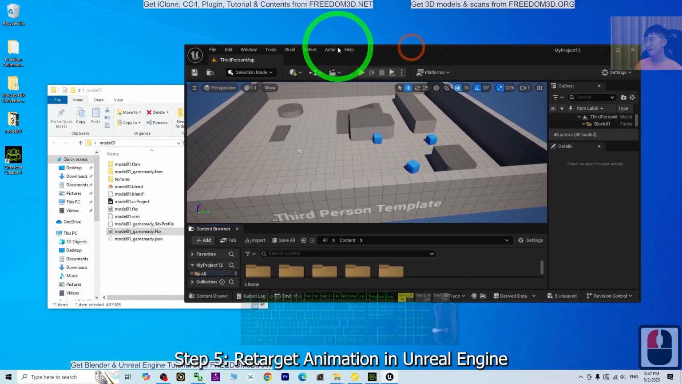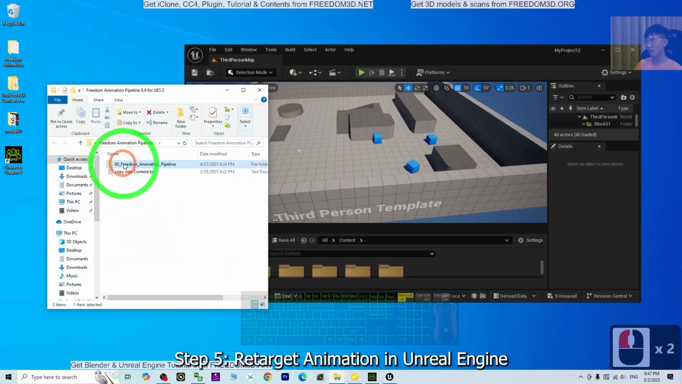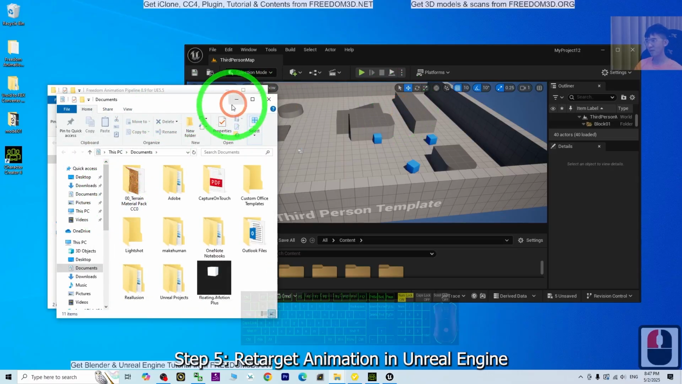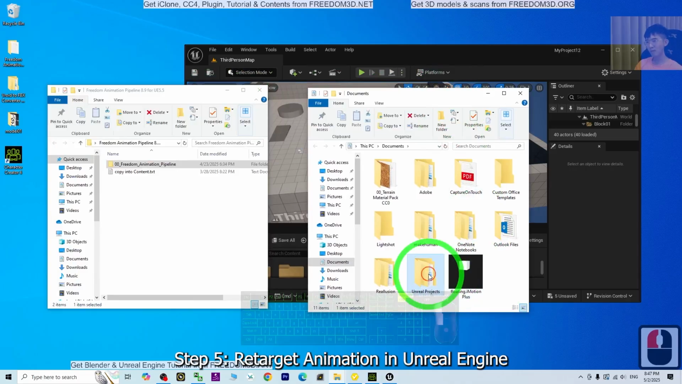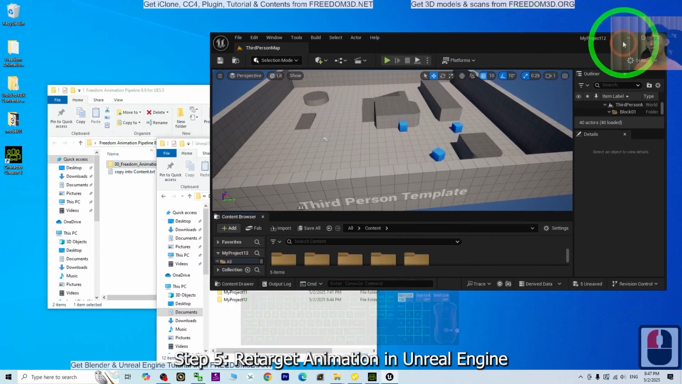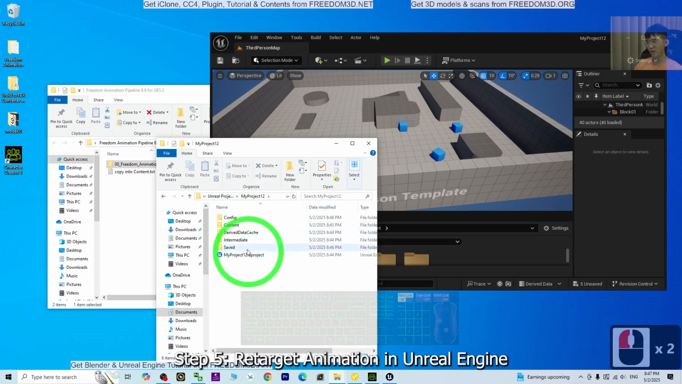Alright, next up, what you need is the Freedom Animation Pipeline 8.9. You can get it from my video descriptions. Once you already get it, open the Freedom Animation Pipeline, and right click the documents, open in a new window, go to the Unreal project. We are going to install this as the plugin, and your Unreal Engine project name is My Project 12. Select the exact name, My Project 12, go into the content folder,